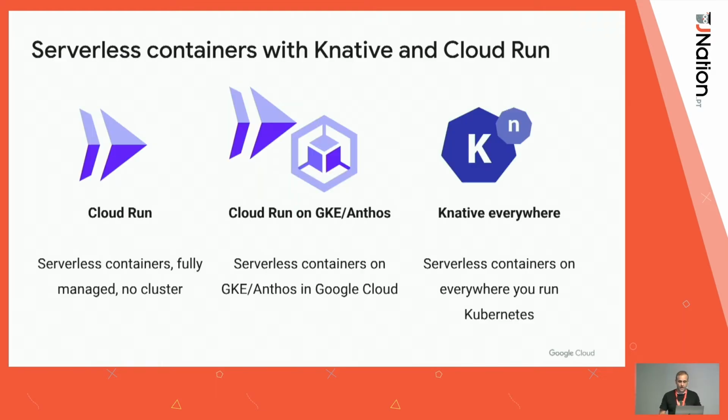And when you look at Cloud Run, it's based on a project called Knative. It's an open source project that brought serverless containers to Kubernetes. So if you want to run containers on Kubernetes and not worry so much about the cluster, you can use Knative. And Cloud Run is the managed version of that on Google Cloud. So when you use Cloud Run, there's not even a cluster, basically. You don't see a cluster. You just say, here's my container, deploy it, and it's deployed, and it's auto-scaled like a function.